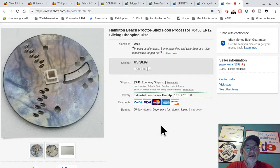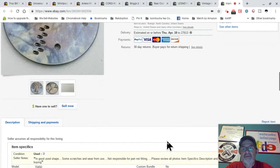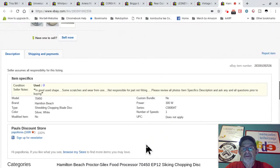I looked up the processor by model name in Google, found a parts list, and found the part number. I also found a few listings on eBay. So I took some from Google, took some from an eBay listing, and did it that way. I'm real clear on my titles. I try and use as many item specifics as I can. I've mentioned this before. eBay uploads all their listings to Google every day. And these item specifics are very important for Google. That's why when you search on something on Google, you'll see eBay listings, because it's looking at this and the